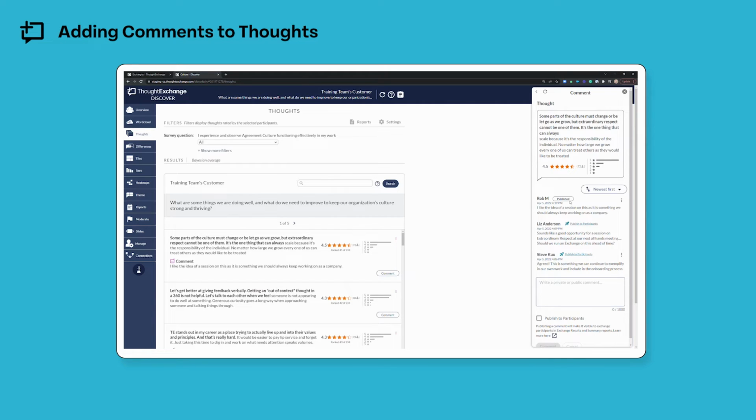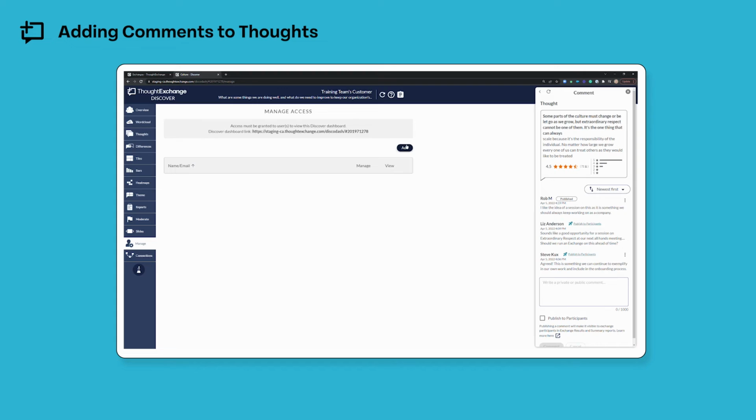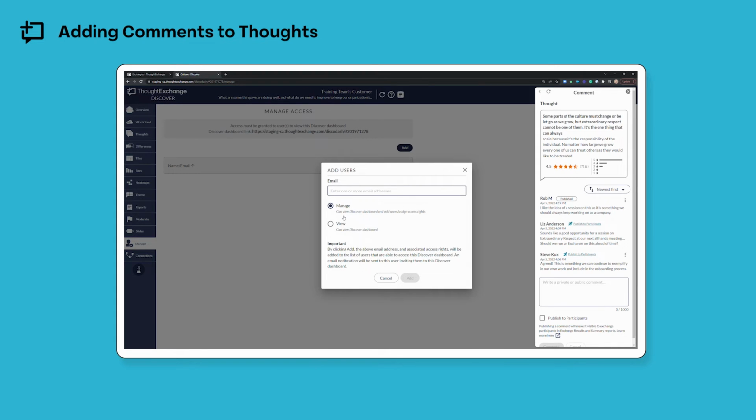public published comment. Each thought can have one public comment published on it and an unlimited number of other comments shared by leaders working in the dashboard. A good thing to note is that a leader needs to have manage access to the Discover dashboard for your exchange to choose which comment is published for participants, but they only need to have view access to add a